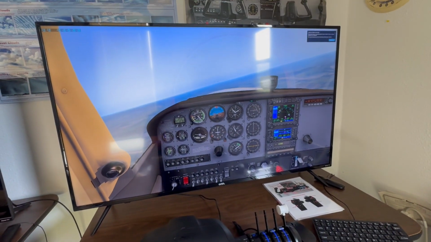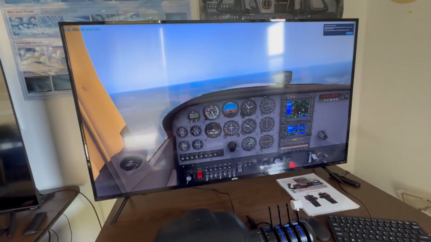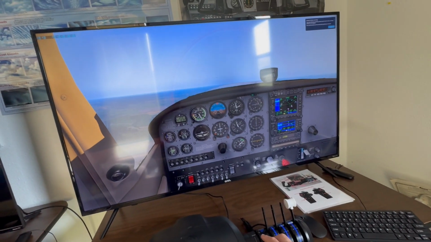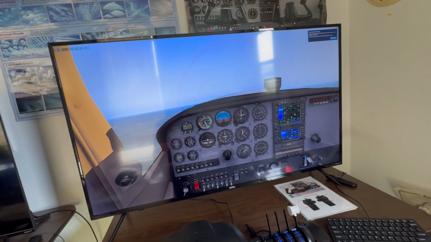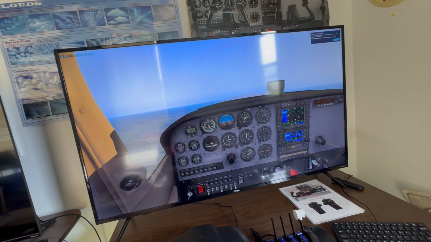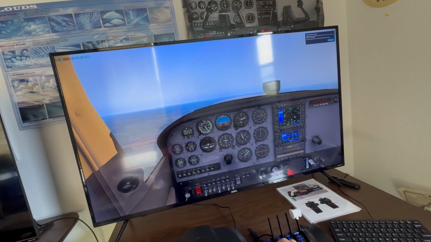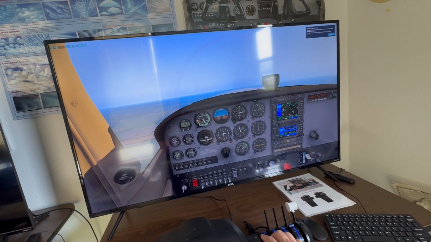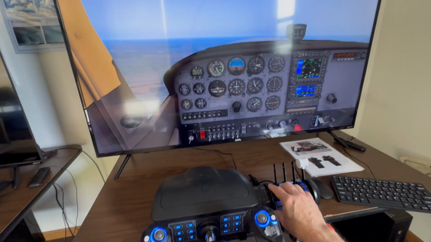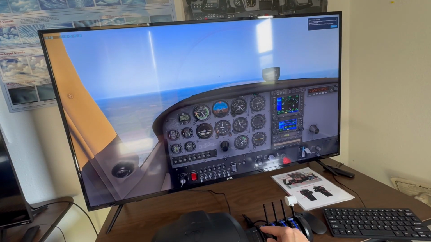That's the trim there. What that does is it removes the control pressures on the yoke itself, so we don't constantly have to hold it. Say we had to climb to 10,000 feet. The last thing we want to do is have to hold on to this while we're maybe checking other things or adjusting our radio frequencies or something like that. So we use the trim a lot in aviation, and you have to get very comfortable with using that. You should be able to do an entire flight with nothing more than rudders and a trim control, unless you've got a lot of turns and stuff like that. So that's the purpose of the trim there, and actually that's another minor control, but it is very important in